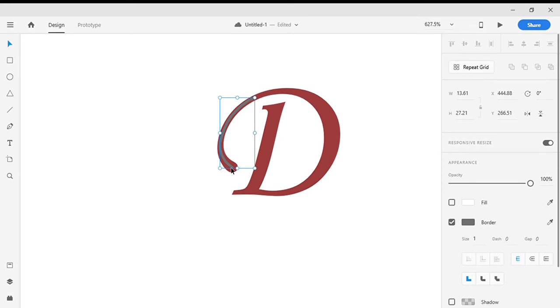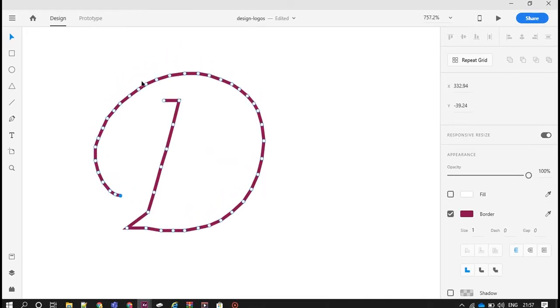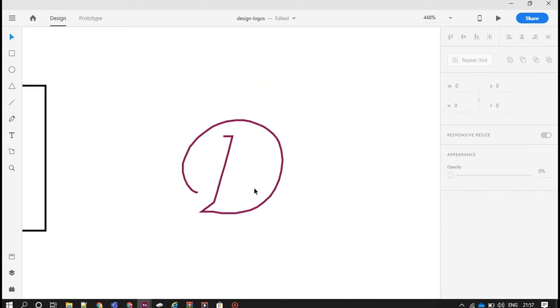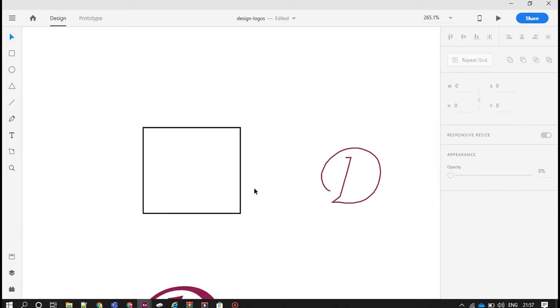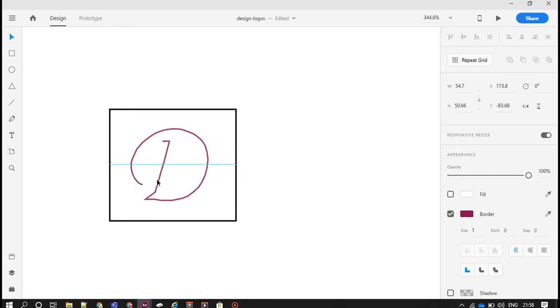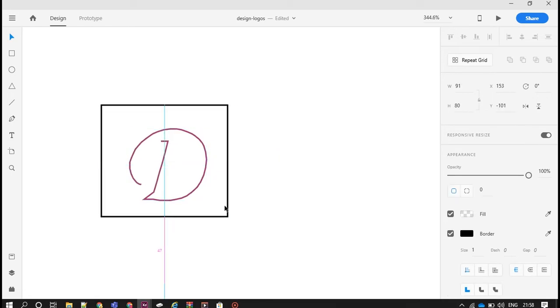Select the highlighted area and drag it away from the letter and place it away. For the sake of this video, I have already created a sample letter here and plotted its path. Once your path is ready, pull the entire letter path inside the square box that you had previously drawn. If you see that your letter is oversized for the box, just resize it. Place the entire letter path to the center of the box by either dragging the letter or the box into the position.